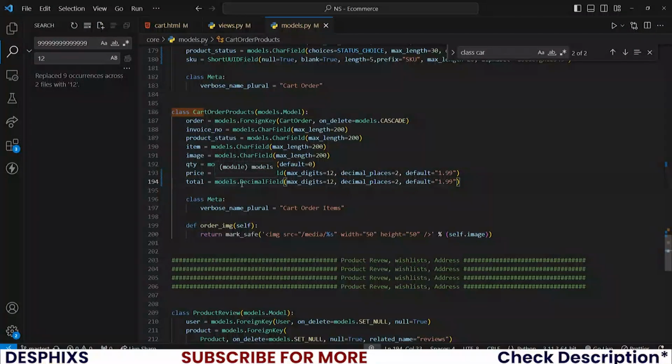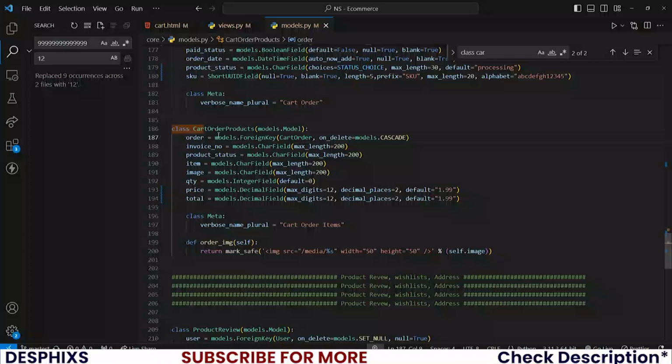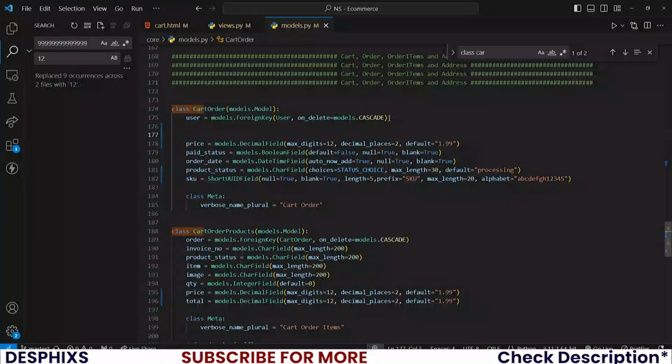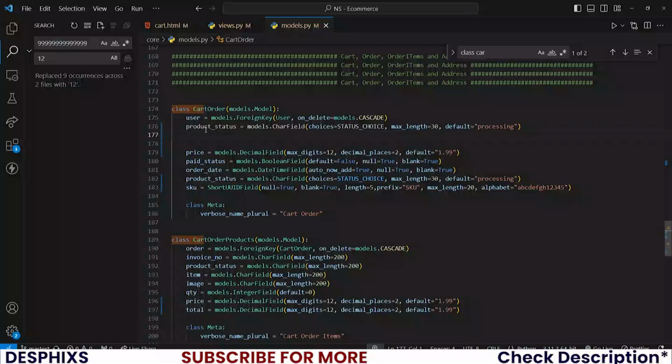Let's make a very big change to this model. We have user. Let me see. Okay, this is for cart products. This is for cart order. Let's work on the cart order firstly. We have user. Let's add another one. I will look for a char field, which is this one here,